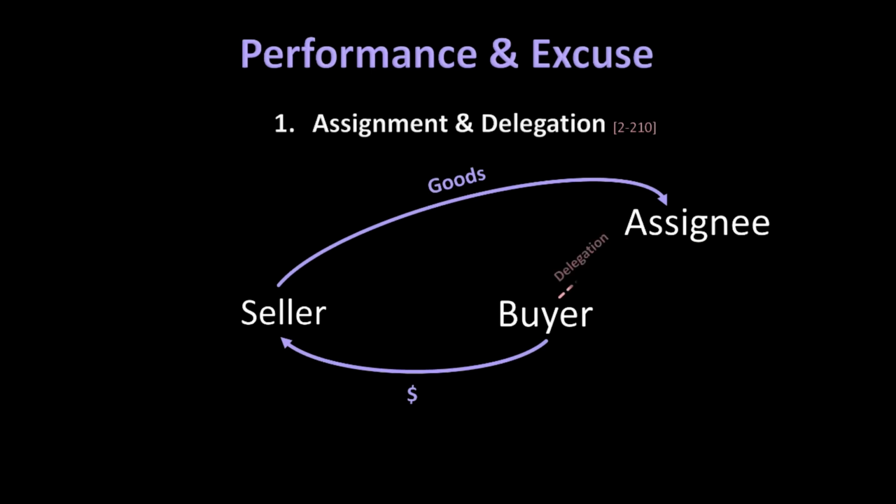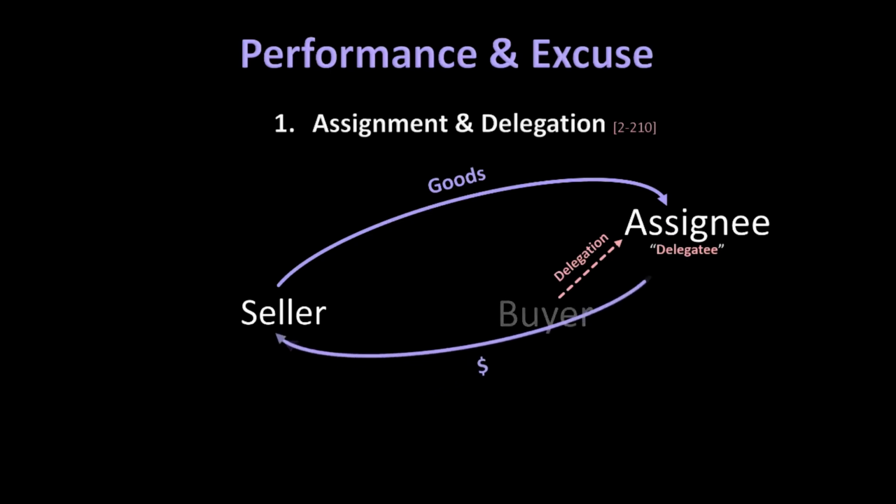Delegation is the flip side of an assignment. When one party to a contract assigns a contract, we said that she transfers her rights under that contract to another party. Well, when one party to a contract delegates a contract, she transfers her duties or obligations under that contract to another party. The transferee in this context is called a delegatee. Like an assignment of rights, a delegation of duties is something that is typically effected pursuant to an agreement between the delegator and the delegatee.